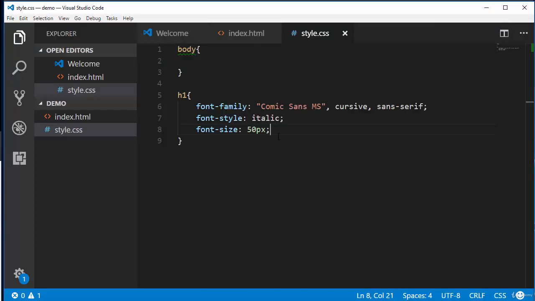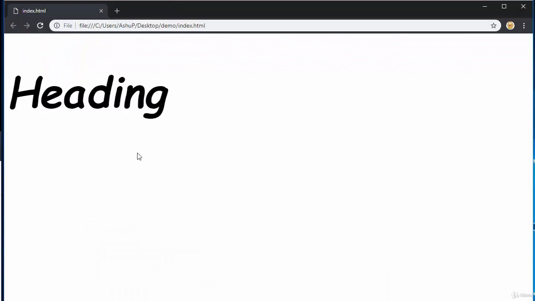Now if you want to make it 100 pixels, you can simply replace that, and when you go back, your heading will be even bigger. This is how you set the font size. This is quite simple, but the main issue with setting the font size using pixels is that